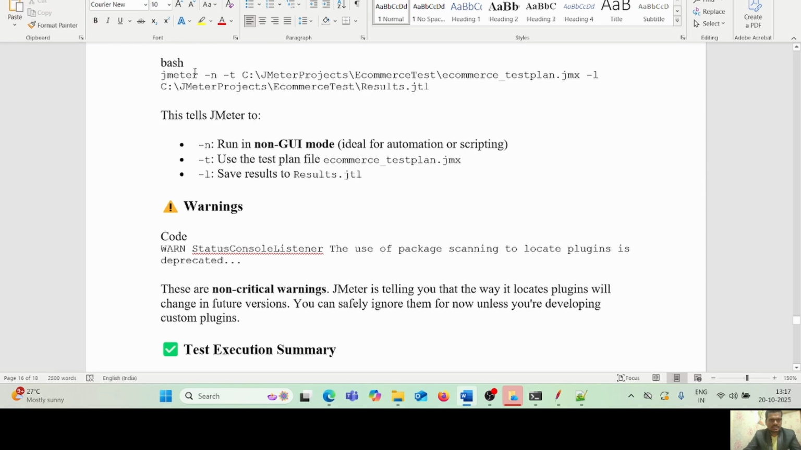If you see this command, let's first discuss the command which we are running. This tells JMeter -n. What exactly is -n? Run in non-GUI mode. -n means non-GUI mode, ideal for automation or scripting. Okay. -t means use the test plan file